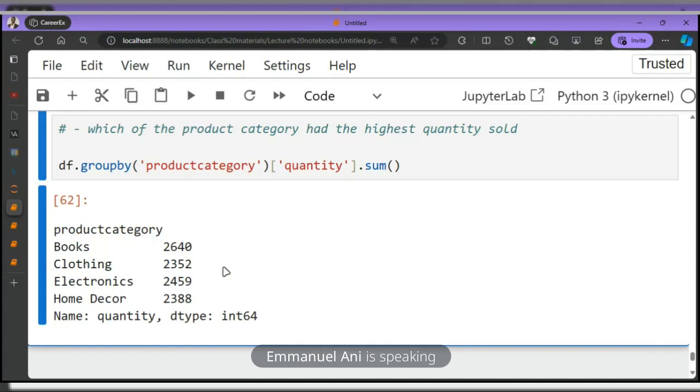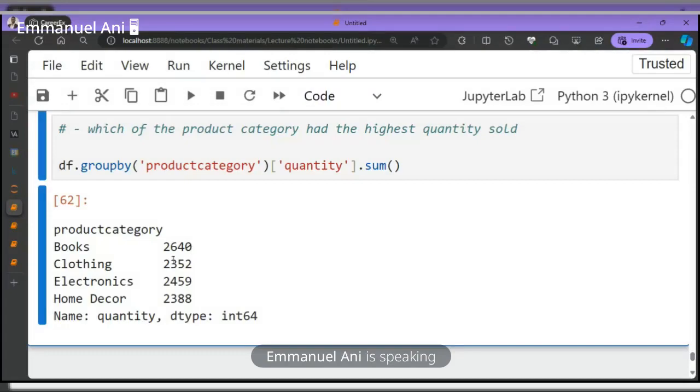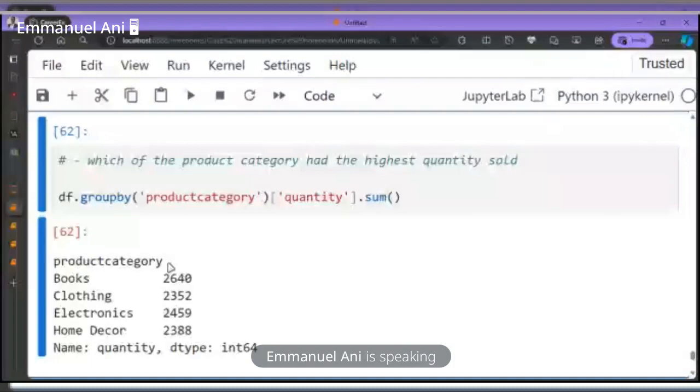This is not how real life data would be. In real life, books might be 5,000, clothing might be 200 and something, electronics might be 2,000, so it would not be even. I think this data was actually created manually, since it is almost balanced. But this just gives you an idea of how to do most of this